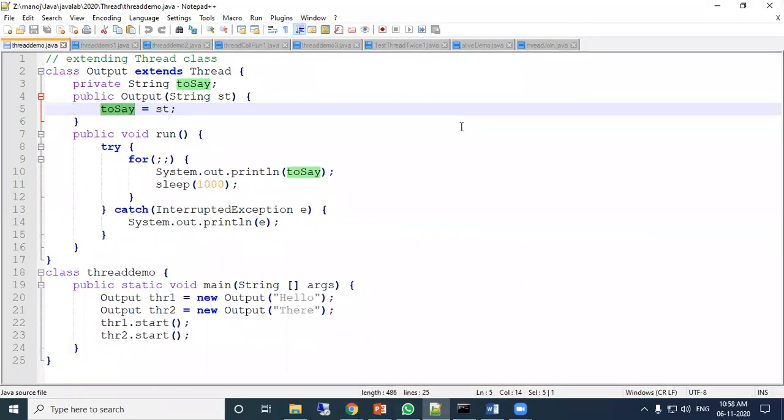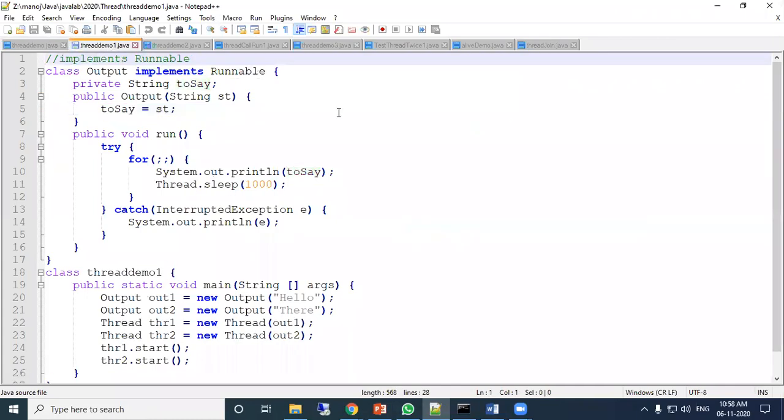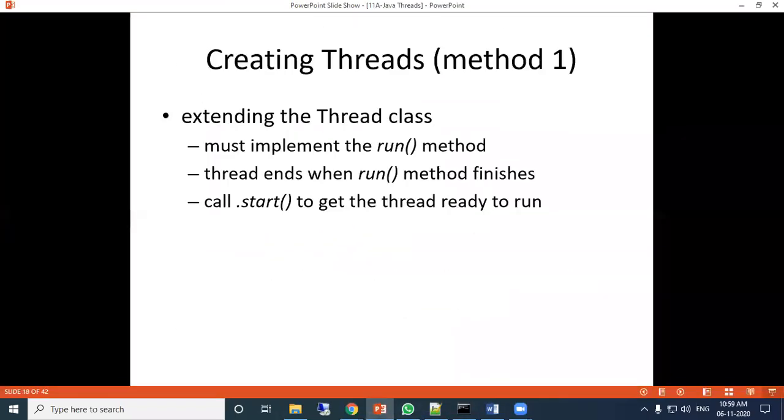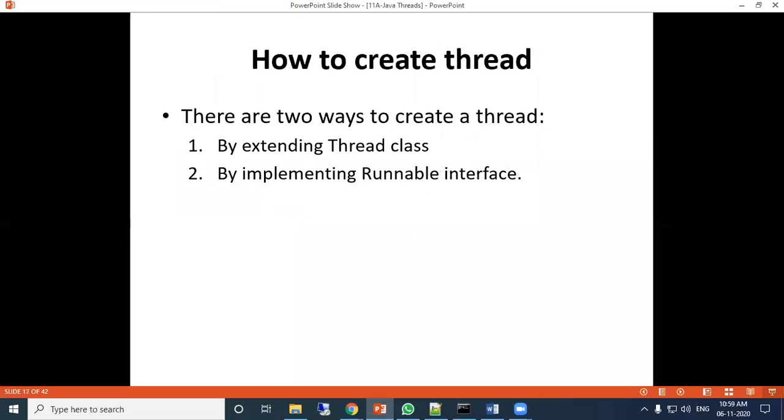So next we have seen another program that is using implements, that is using the runnable interface. Okay, we have not discussed it, I think. So, as we have discussed in the previous class, there are two methods to use the thread class, and one is by extending the thread class.